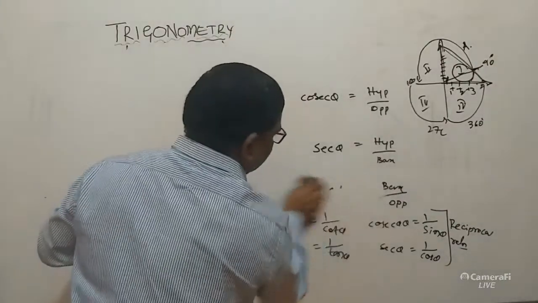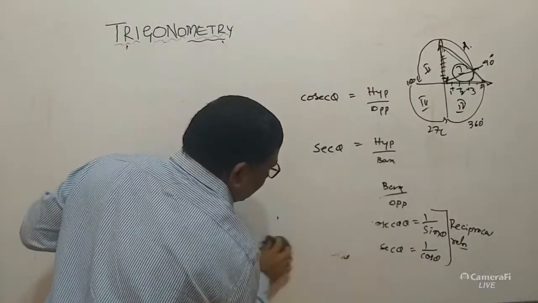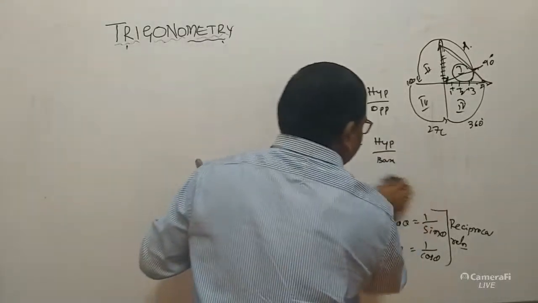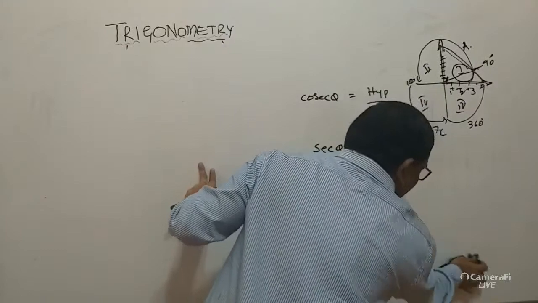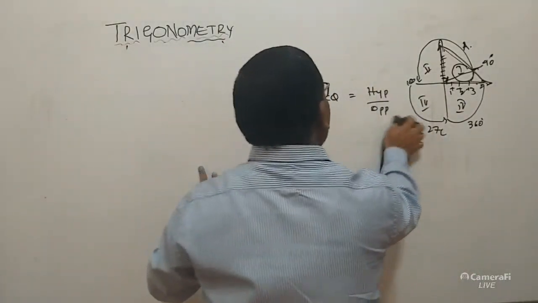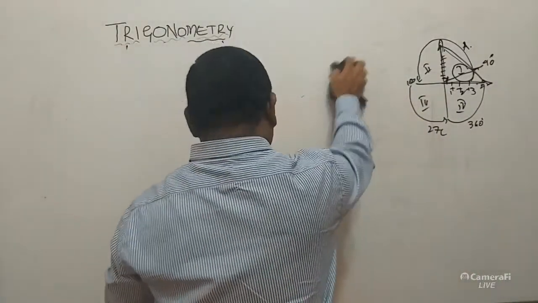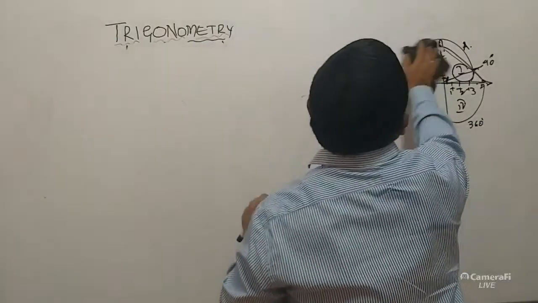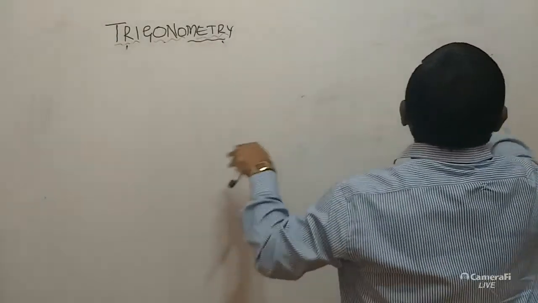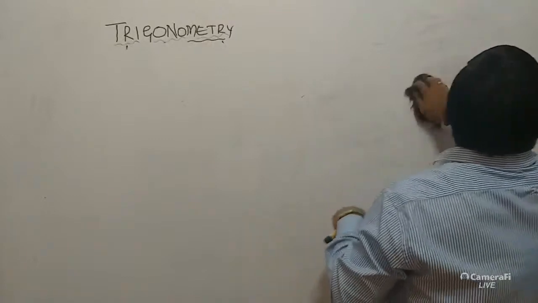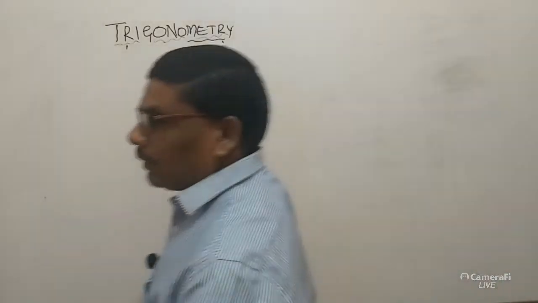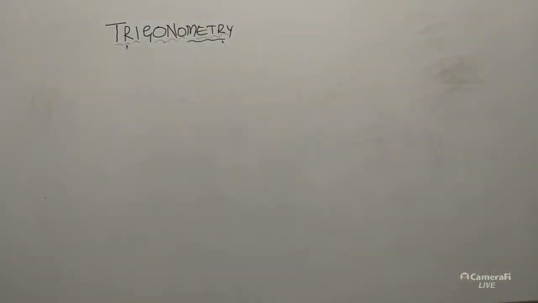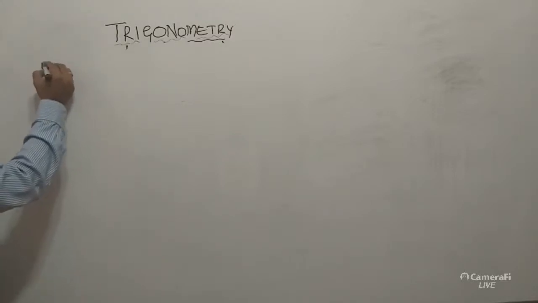The reciprocal relations are also very important while learning identities questions, because there the question comes to prove that, or sometimes to show that the LHS and RHS are equal. While solving identities, all the ratios as well as the reciprocal relations between the trigonometric ratios are very important. Look, we are going for the first exercise,